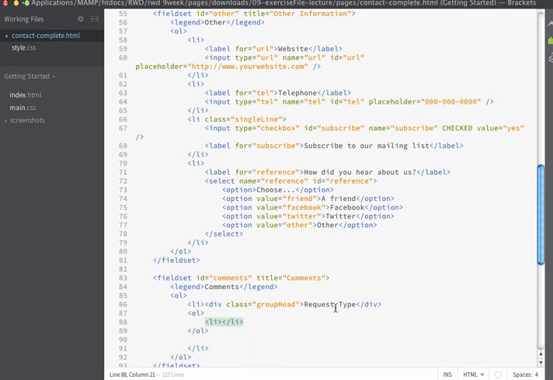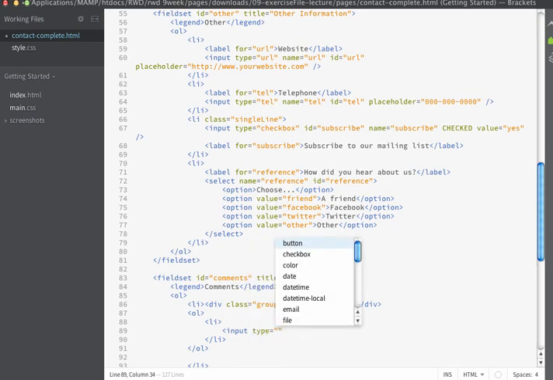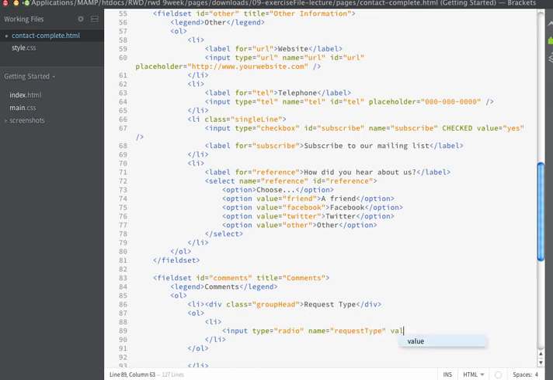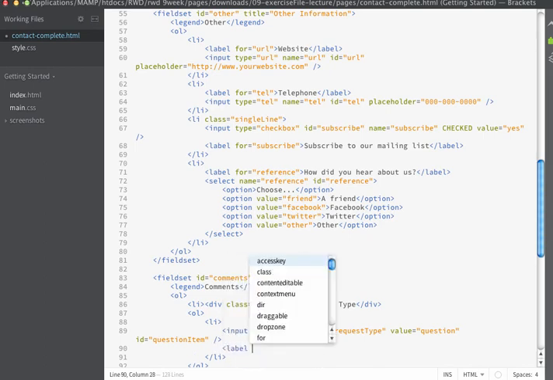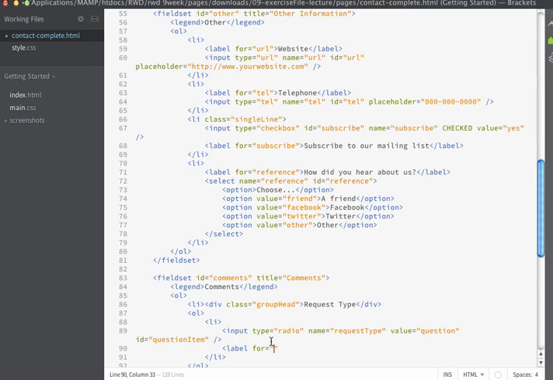This of course is going to have list items, and then we're going to create our input types. Again, I want the input types to appear before the label tags, so I'm going to write them first. We're going to create some radio buttons here. They're going to have names of request type. This one's going to have a value of question, and it's going to have an ID of question item. I'll self-close my input type, and then I'm going to create my label tag. The label tag is going to have a for attribute, and the for attribute is going to match my ID. Then I'll have the text that I want to appear, which is going to say question, and then we'll close